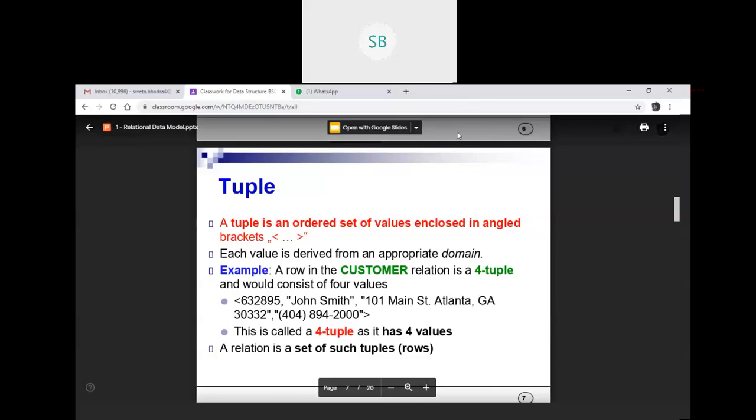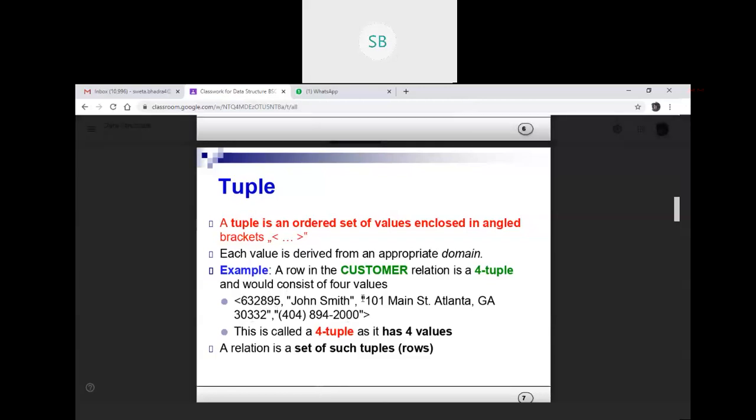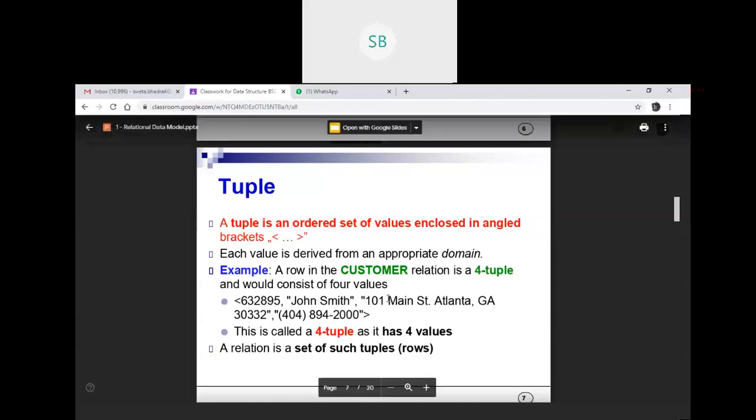Each value is derived from an appropriate domain. Like I gave you an example for date, you will choose any single value from that domain. Similarly for phone number, you will choose any phone number. Suppose here this row contains 4 values, the number, the name with data type varchar, the address varchar, and then the phone number.